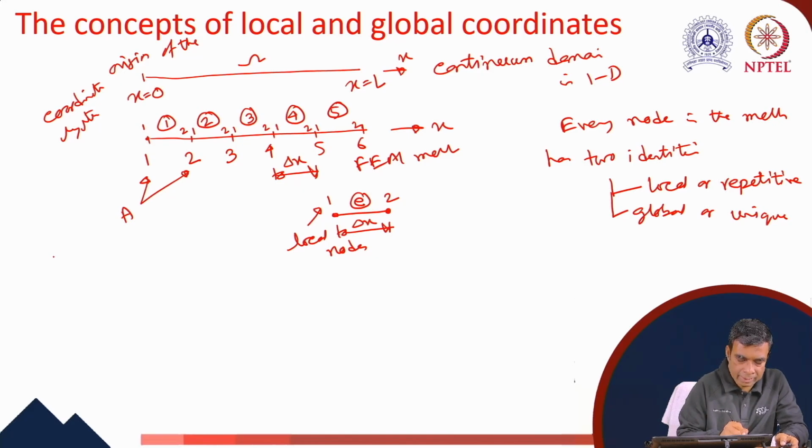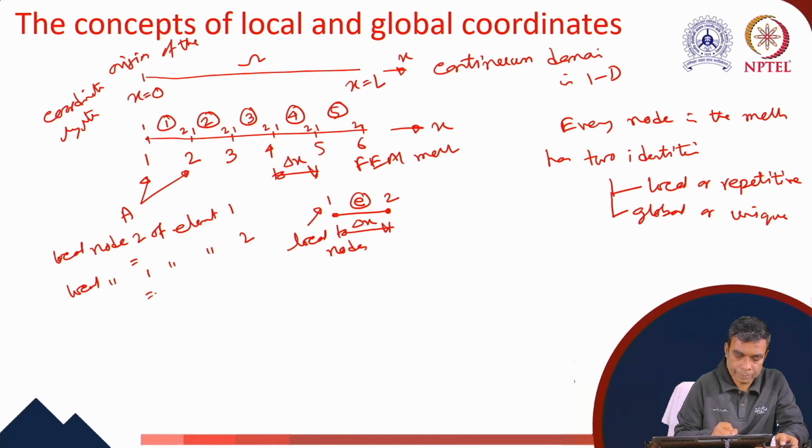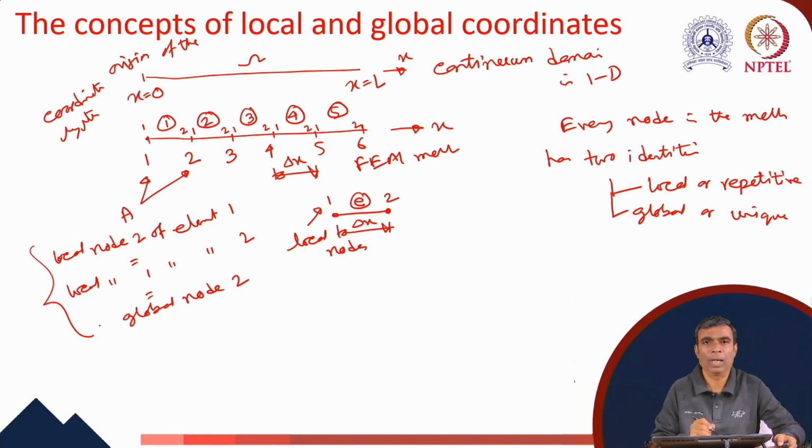Therefore, we can say that local node 2 of element 1 equals local node 1 of element 2 equals global node 2. So this is a local global correspondence, and that correspondence is known as the IEN array that we have already discussed. Now we introduce the concept of local coordinate system, which is very convenient in performing integration